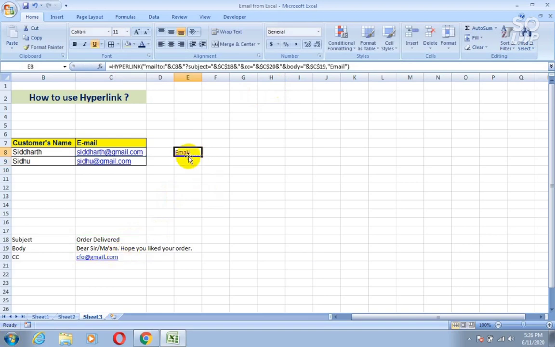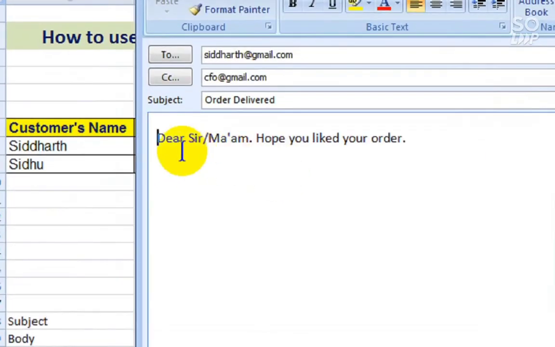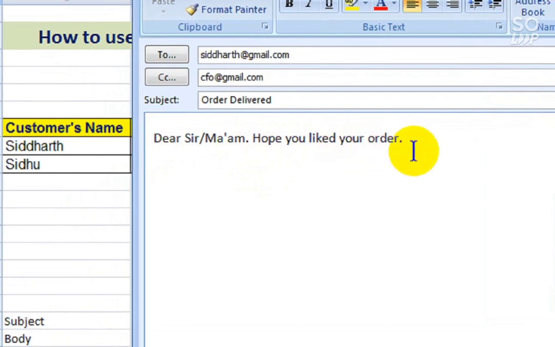Then again freeze it with the help of the F4 key. Now again click on email. So here as you can see, the body of your email is automatically typed.